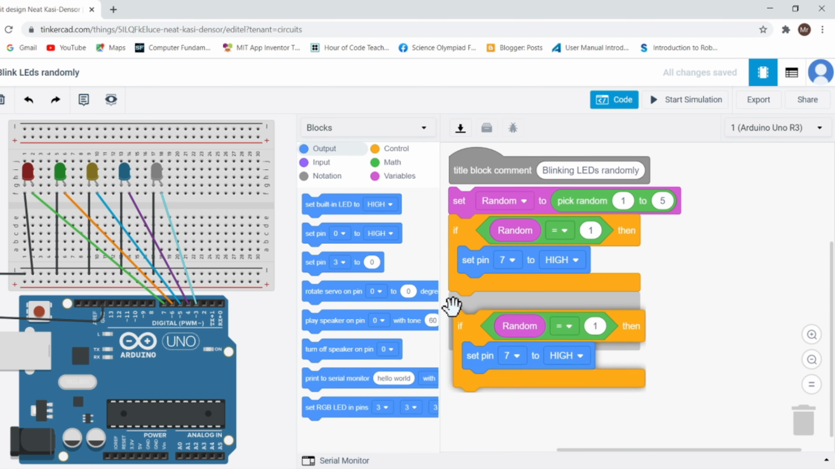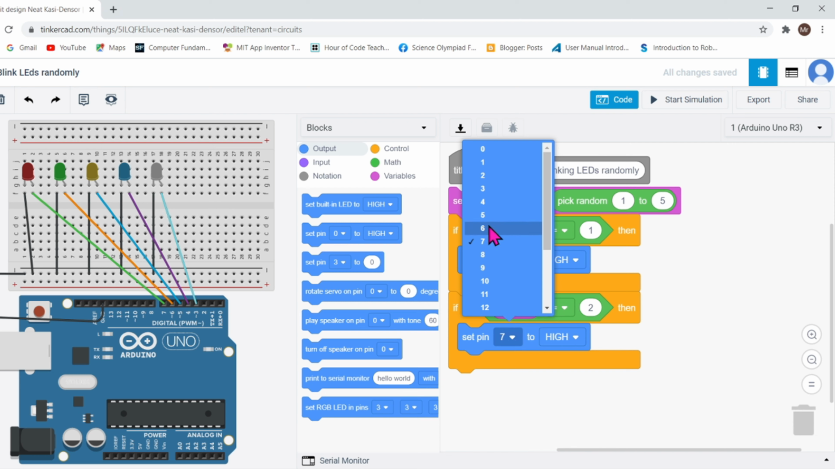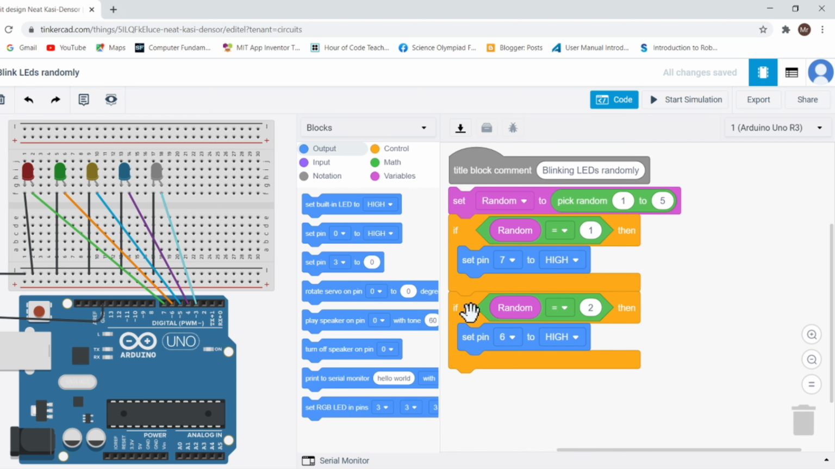Next step is, the chances may be that Arduino has generated 2 as a random number. So if Arduino has generated 2, in that case I want the second LED to turn on, that is green, connected to pin number 6. Similarly, we can write further, but imagine if Arduino has turned on red in the third time, if again the